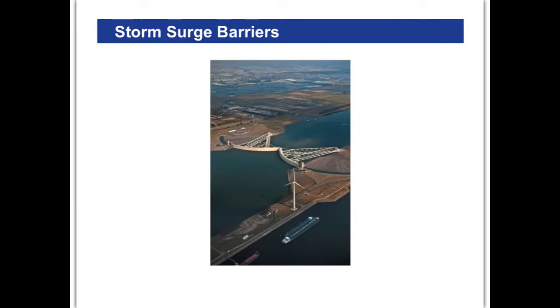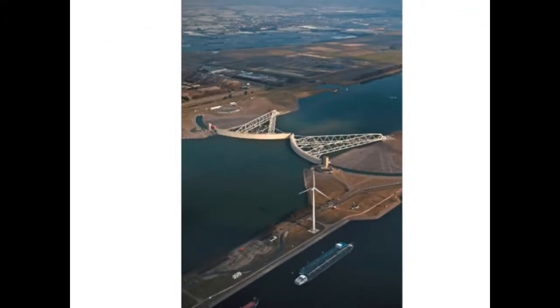All right, so this is a moving barrier. What these things do is there's a pivot there and a pivot there, and that swings that way and that swings that way. So of course boats and various different things can get in and out. But in the event of a storm surge and a hurricane, these things are swung shut, so that it prevents a storm surge from going any further inland. It looks like it might be effective, and looks a lot like a heart valve, if you ask me.